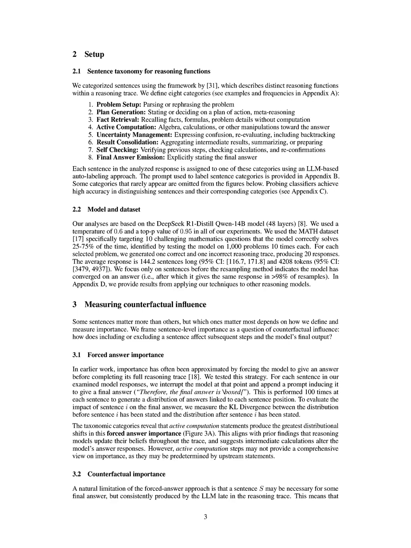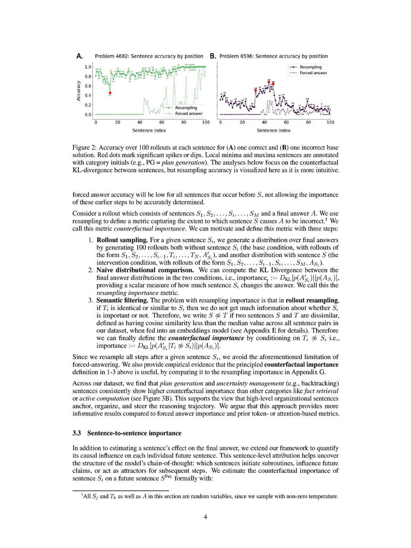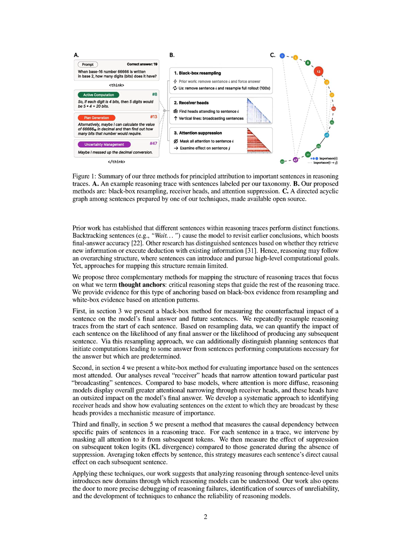To validate the effectiveness of our method, we employed a comprehensive experimental design using the DeepSeek R1 Distill Qwen 14B model, specifically targeting the math dataset, which consists of 10 challenging mathematics questions. We generated reasoning traces for each problem, producing both correct and incorrect responses, resulting in a total of 20 responses with an average of 144.2 sentences each. We utilized 3 complementary methods: a black box approach to measure counterfactual importance by resampling reasoning traces,